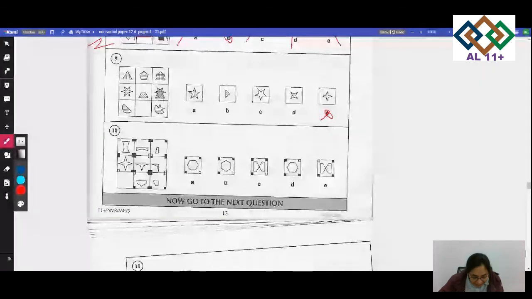So let's do number 10 now. In number 10, what is happening? Working from left to right, the last shape rotates 90 degrees. The shapes are rotating now. If you look at this one here, it goes here, becomes a little big, a little small. So we have different types of things going on in them.